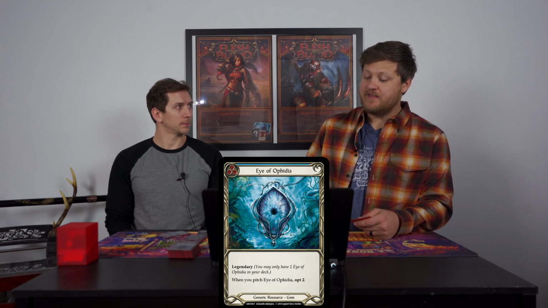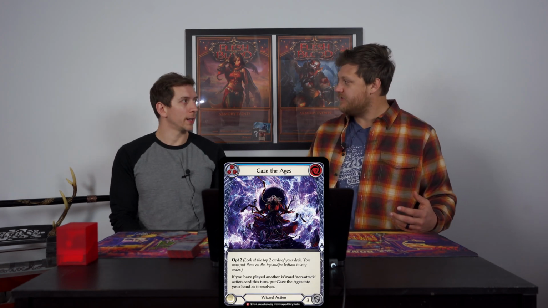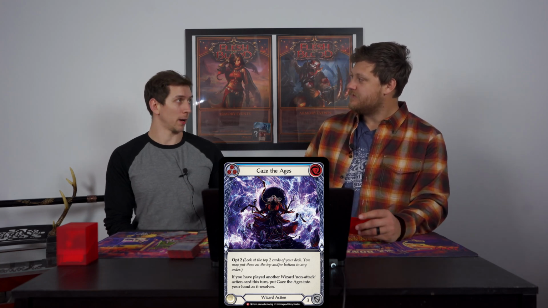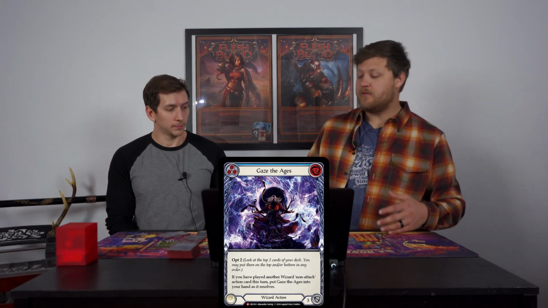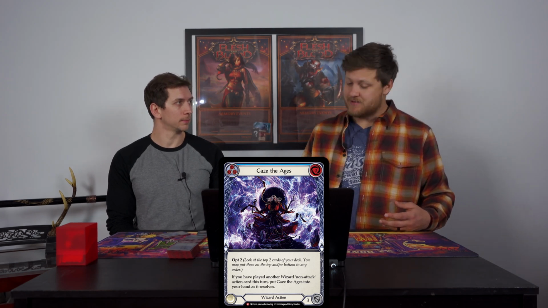It does. Now, in an event that the Eye of Ophidia is maybe a little bit out of your price range, or maybe it's not a card you have, Gaze the Ages, it's a pseudo Eye of Ophidia, correct? Right. And it's one that can actually be played off the top of the deck. So off the top of the deck, it's way better. Yes. So you do have the ability to Kano's power into Gaze the Ages and possibly get it back, getting